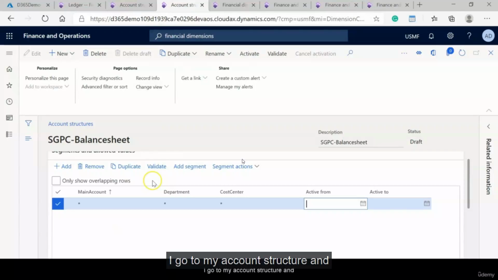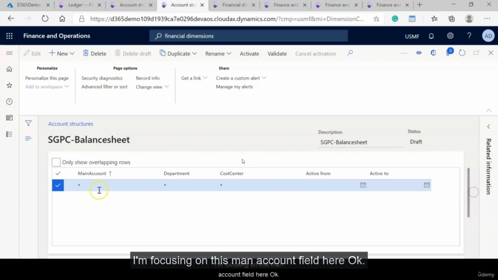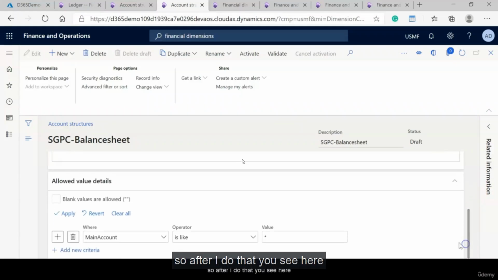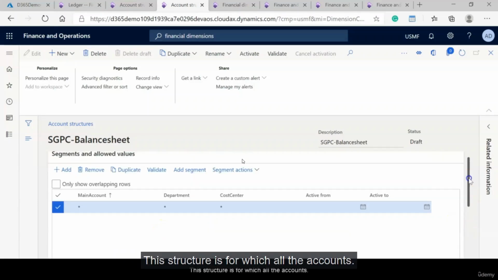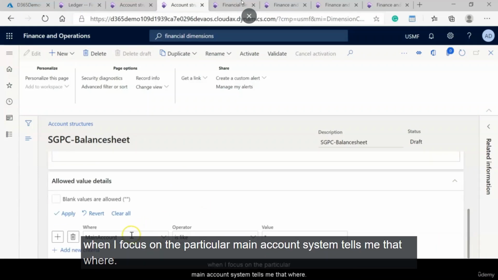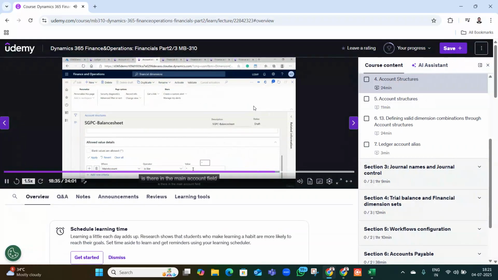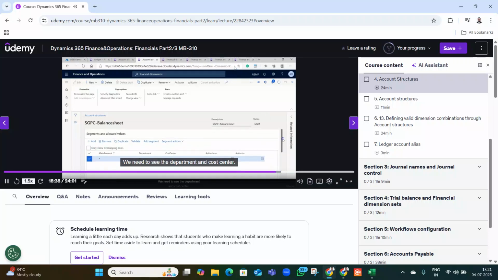I go to my account structure and here I'm focusing on this main account field. After I do that, you see here, this is where I can define it. This structure is for which accounts, right? When I focus on the particular main account, the system tells me that where main account is star, which means no matter what is there in the main account, we need to see the department and cost center. So in the journey